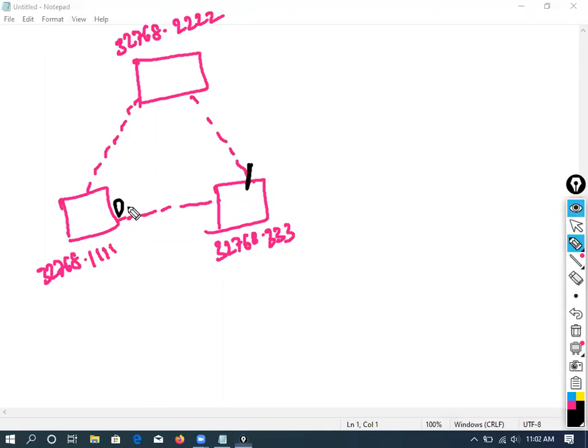So this is the designated port, and this is a designated port, and this is the root port, and this is the root port, right? And this is the designated port, and this is a blocking port. Based on the MAC address, all the calculations happen, right? Why is it a designated port? Because this itself is a core switch, so by default it will be a designated port. On core switches, all ports will be designated ports. That's the default status.